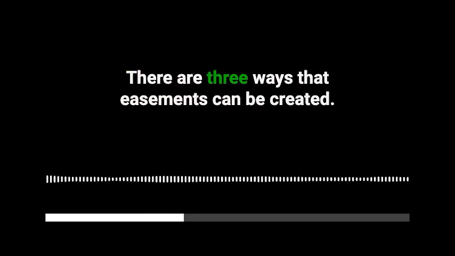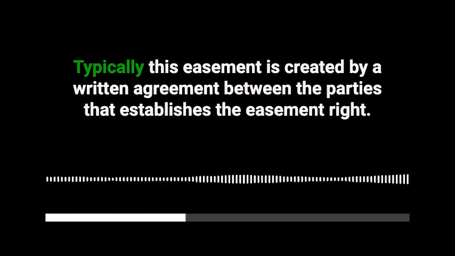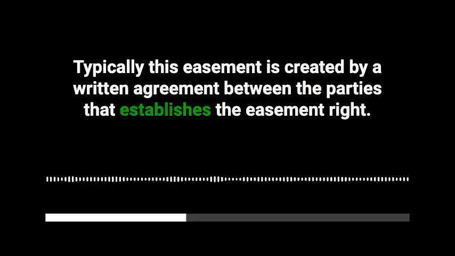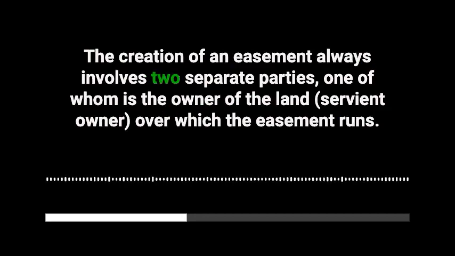Creating an easement. There are 3 ways that easements can be created. The first method of creating an easement is by express grant. This occurs when the servient owner gives an easement either by spoken or written words to the dominant owner. Typically, this easement is created by a written agreement between the parties that establishes the easement right. The creation of an easement always involves 2 separate parties, one of whom is the owner of the land over